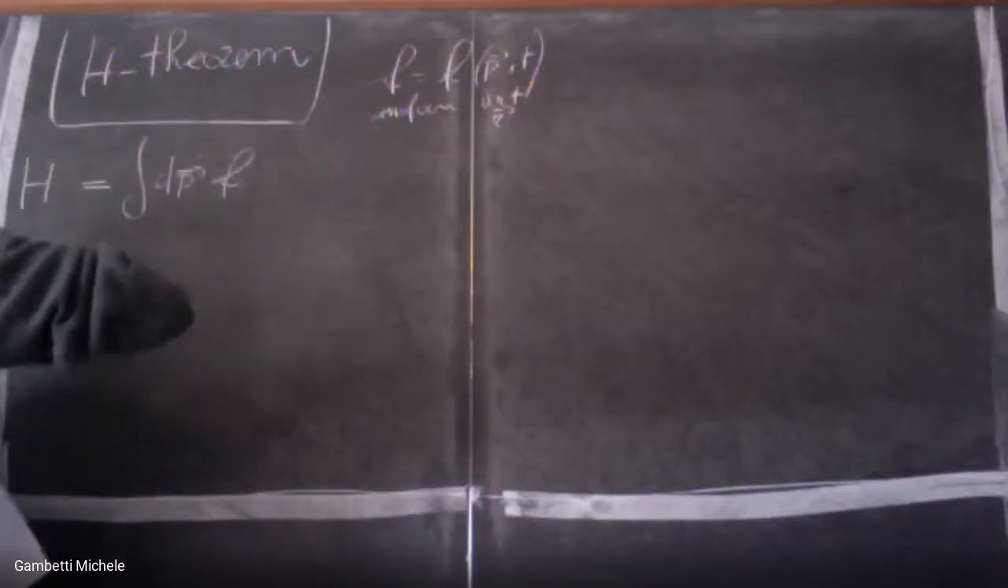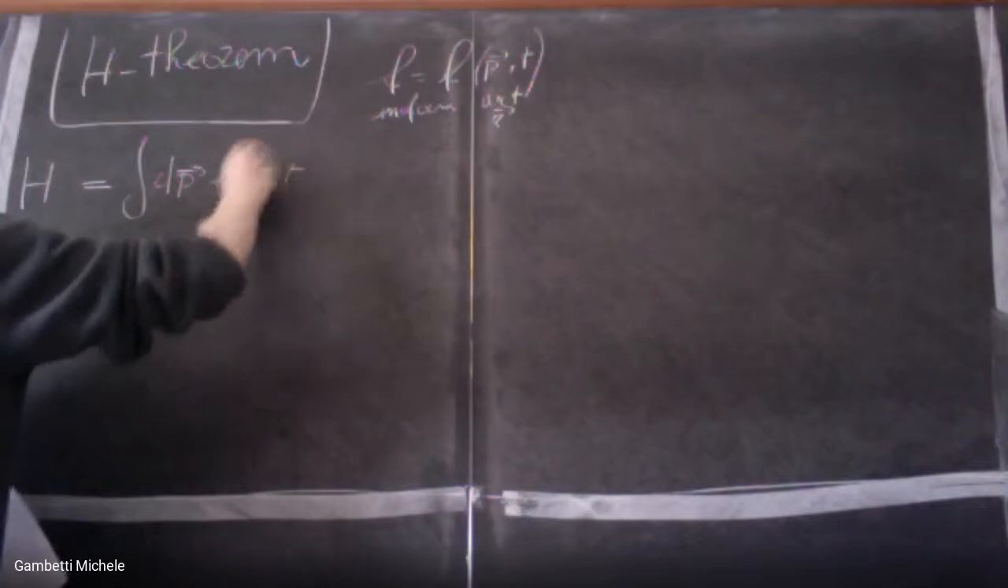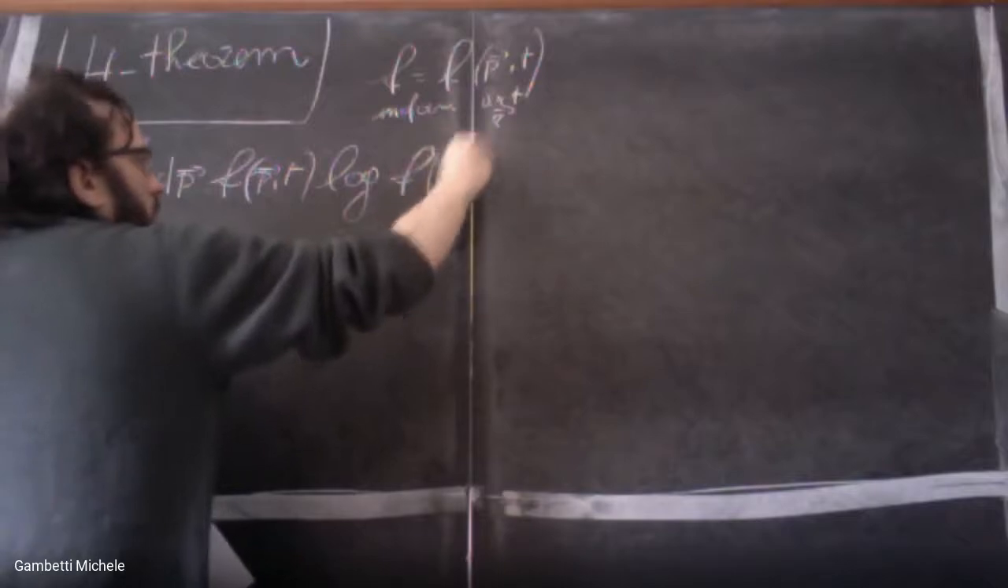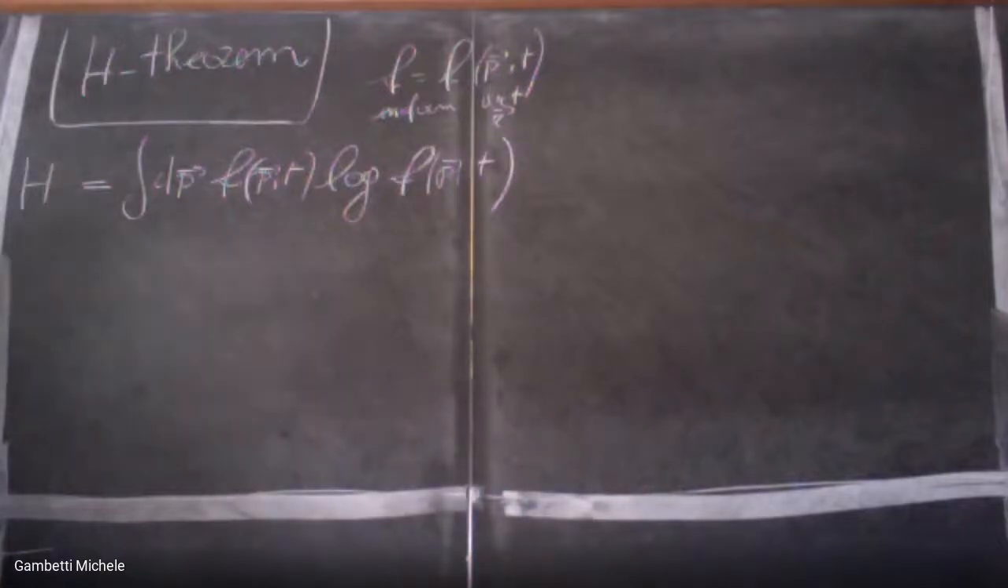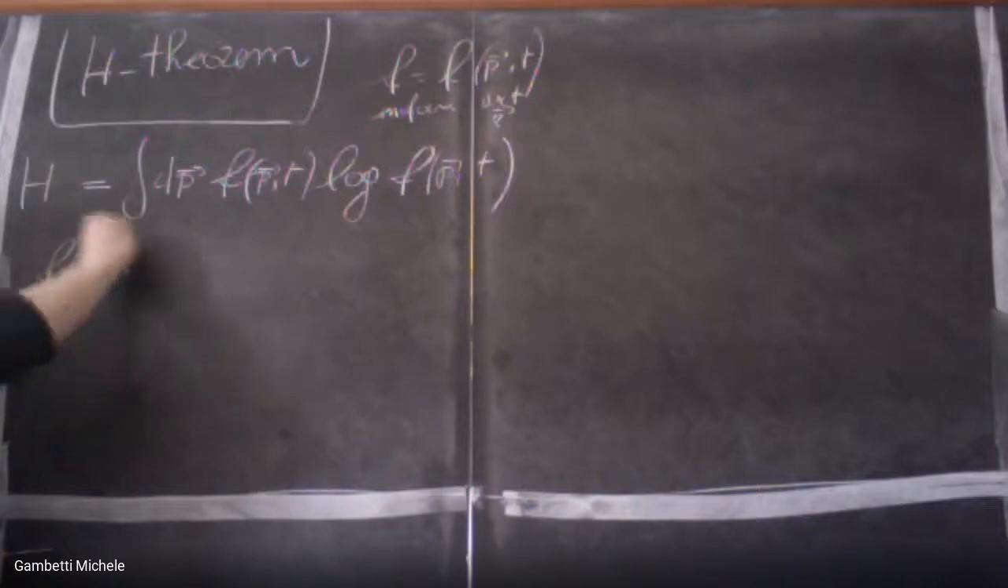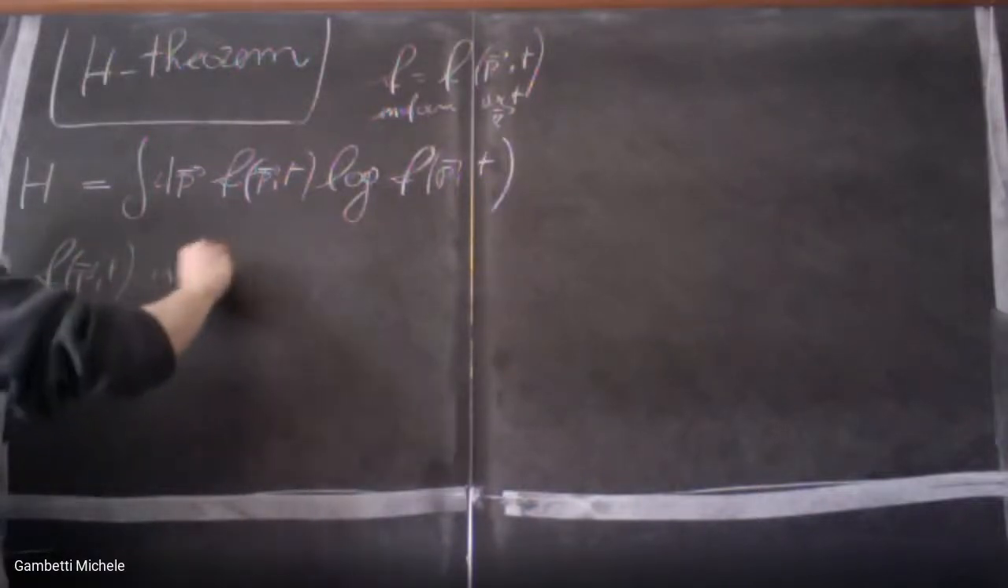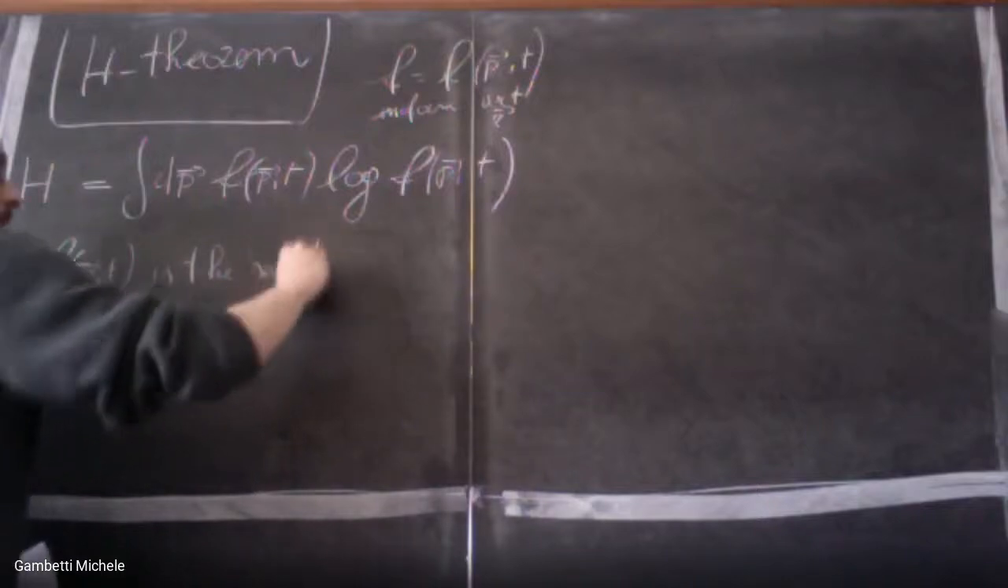And so the H theorem defines a quantity which is called H, indeed, and which by definition is the integral over dp of f of p t log of f of p t. Where I remind you that f of p t is the solution of the Boltzmann equation,